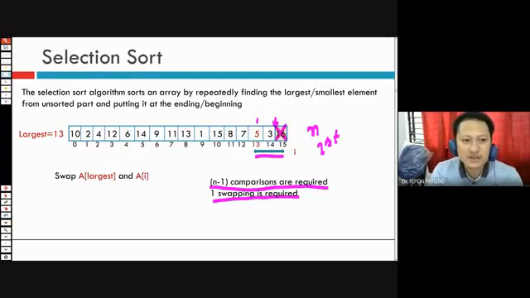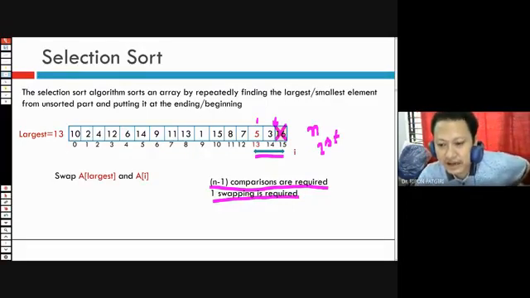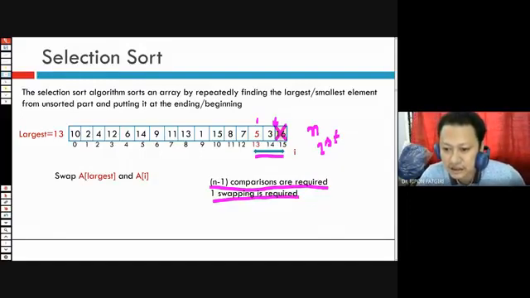In that case we use selection sort, because to put the tallest elephant in the last place, we take n minus 1 comparisons, but only one swapping operation. This is the advantage.